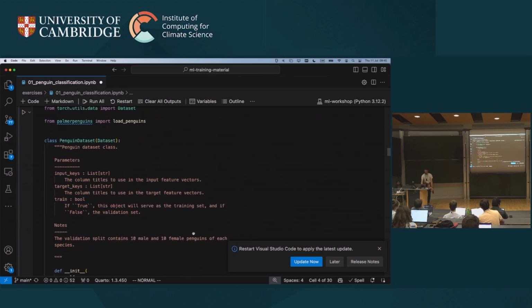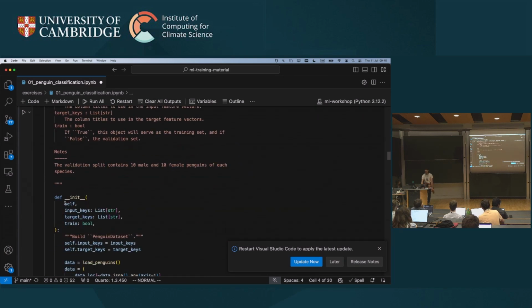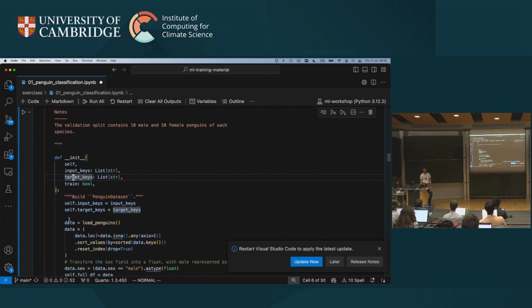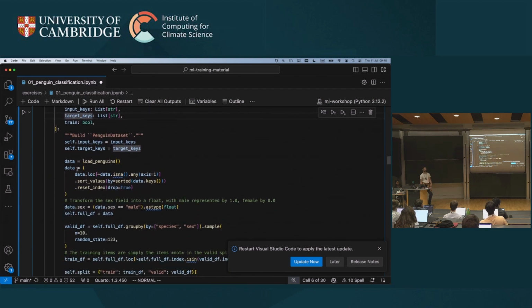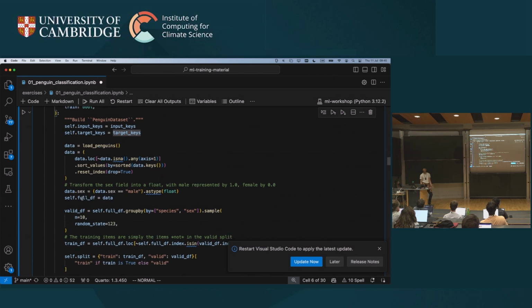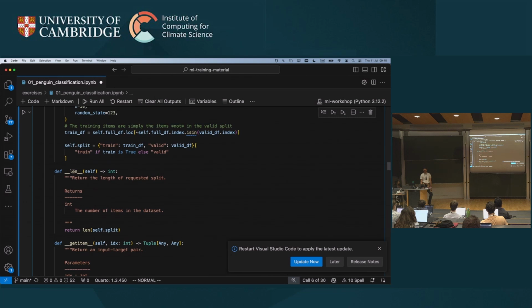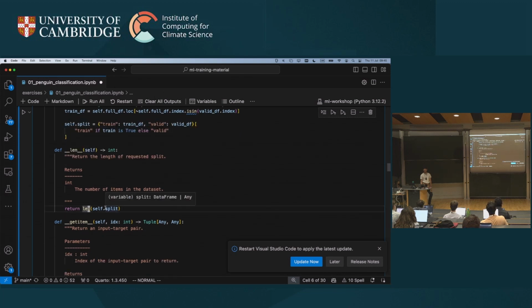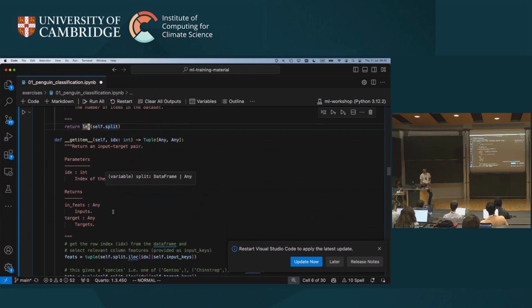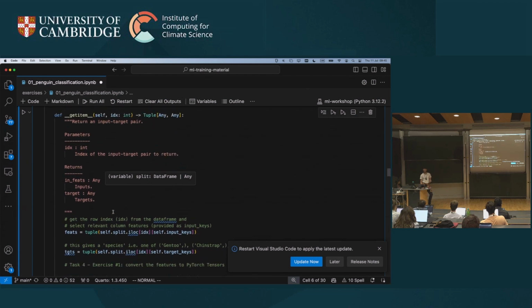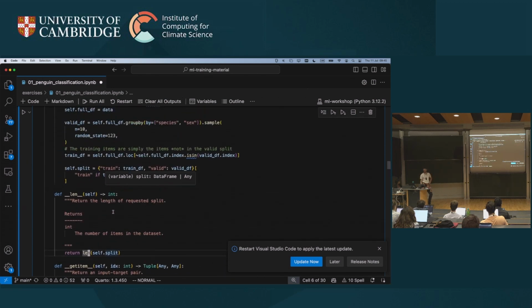So this is what the class looks like. To instantiate it, we need to provide 3 arguments. The input keys, so the features that we're going to select, the physically meaningful ones, and the target keys, that's going to be the species. And then it does some processing on that. So it loads the data, it does some sort of data wrangling with pandas, and then we implement a length, as I just described, which just gets it from this function split. It's not important to understand every detail of this. It's quite tight, very well written Python, but